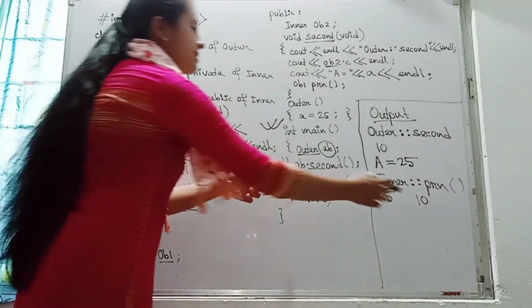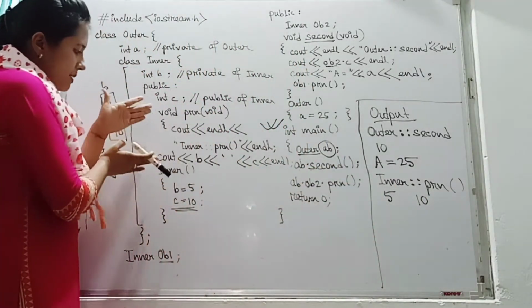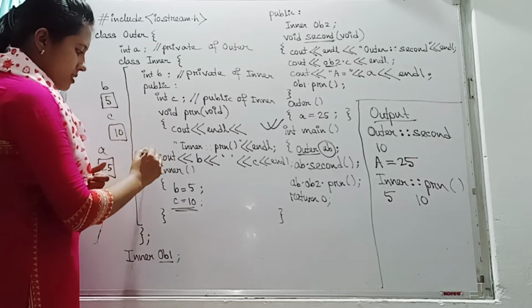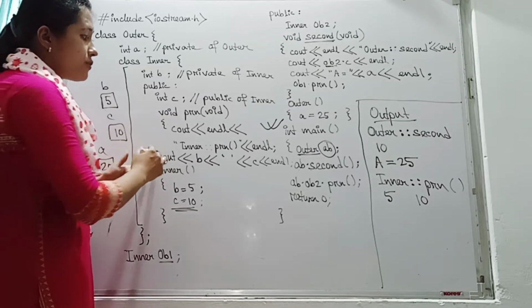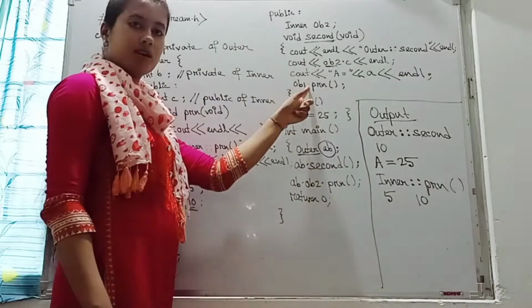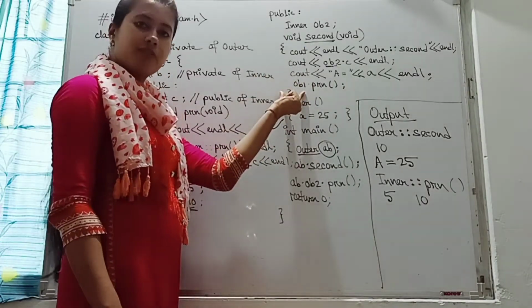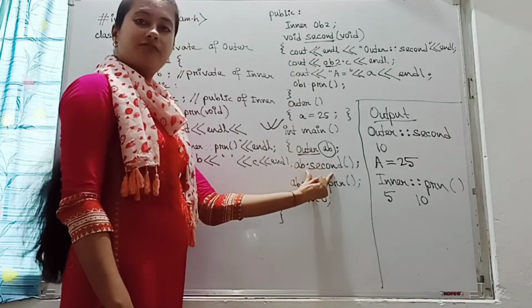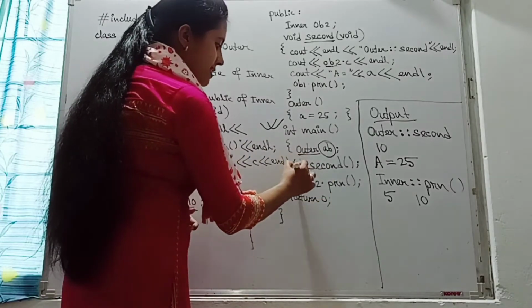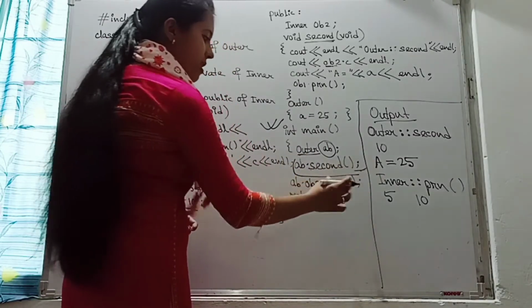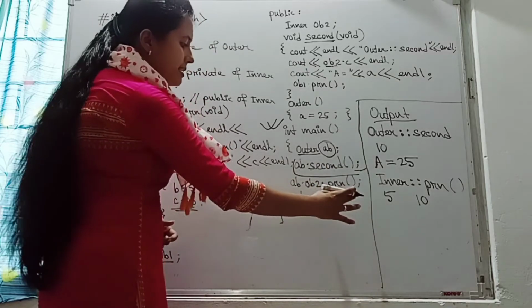Now it will come to the next line. Next line means this particular function is over here. This particular function is over here. So it will come back where? Here. Now here also you see this particular second function is over. Now again it will go to the main function, and in the main function it will see that this particular line is over. Now it will move on to the next line.